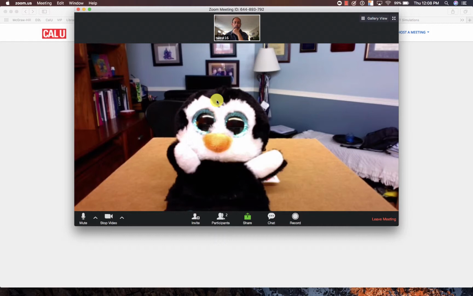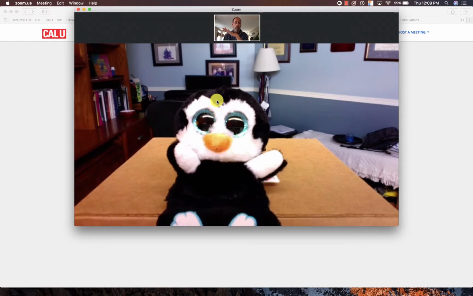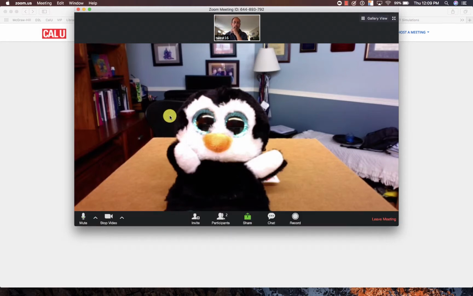I forget her name. This penguin is one of over 50 big-eyed animals that she has, and I've lost track